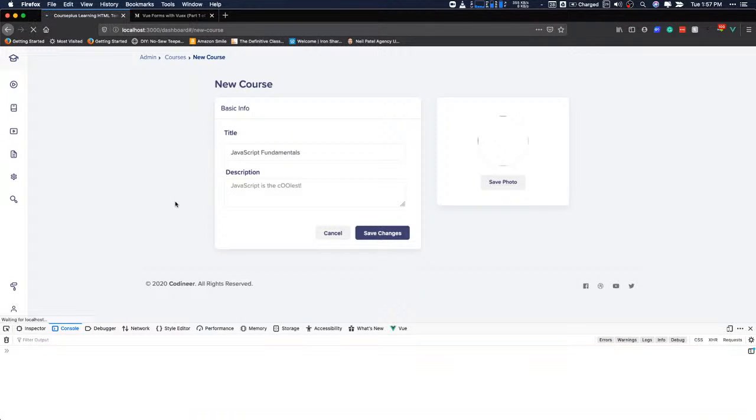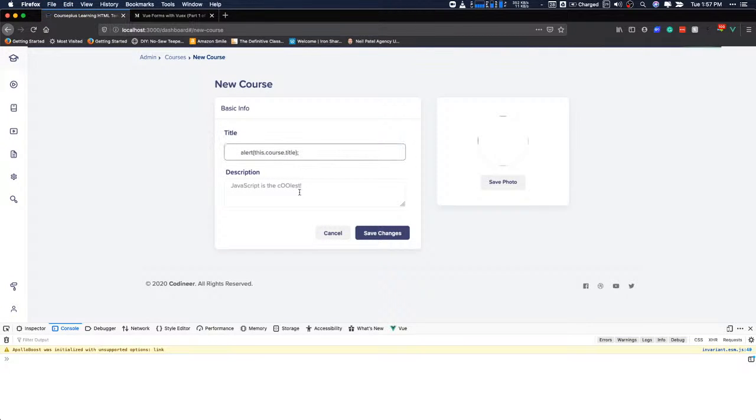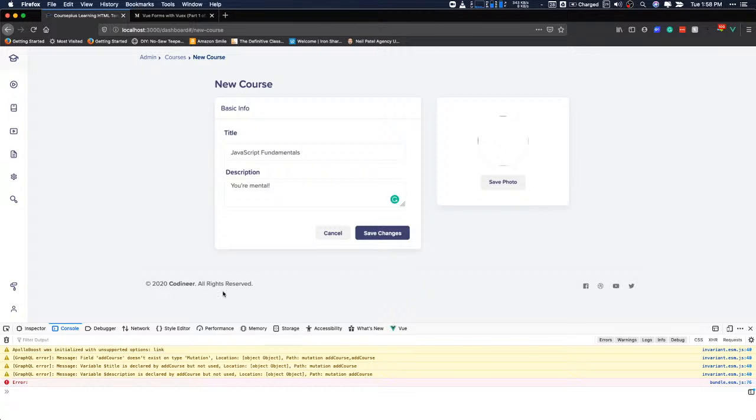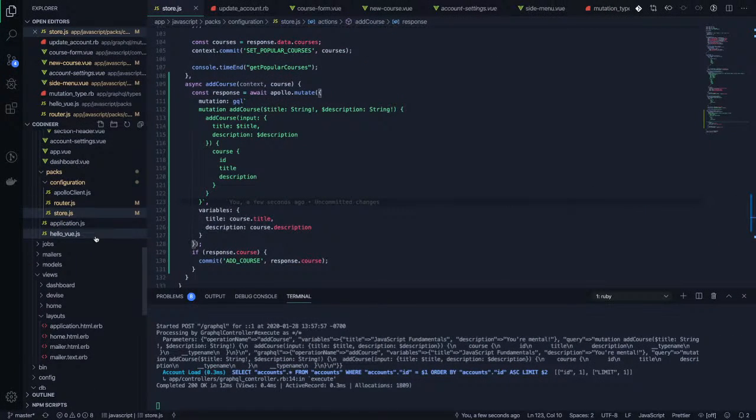So then if we refresh, all right, so then if we save changes, field add course does not exist on mutation. So that's now back to